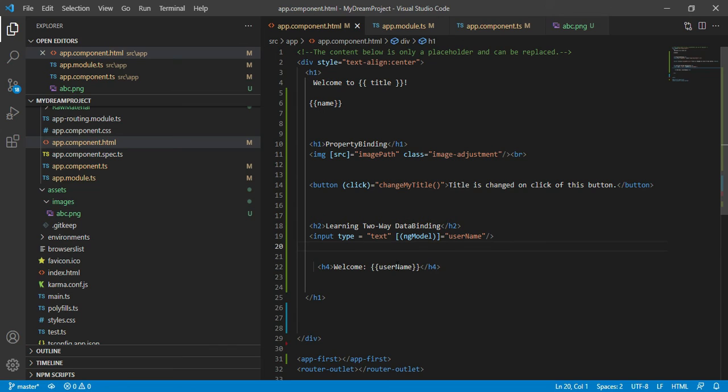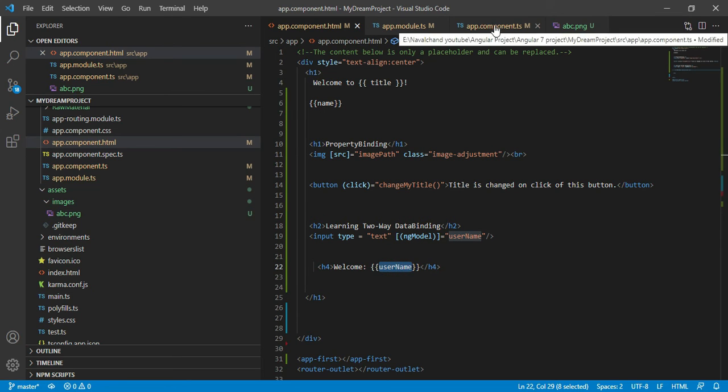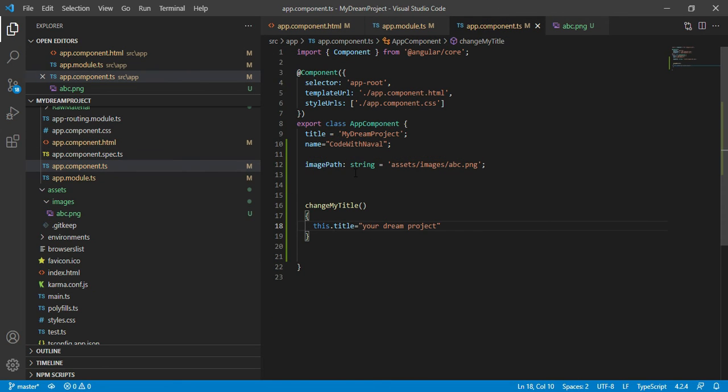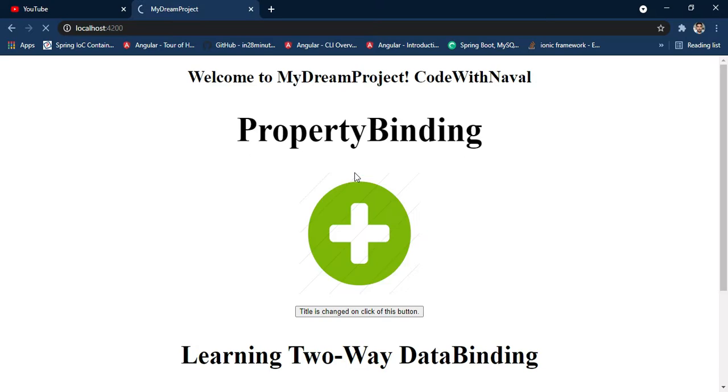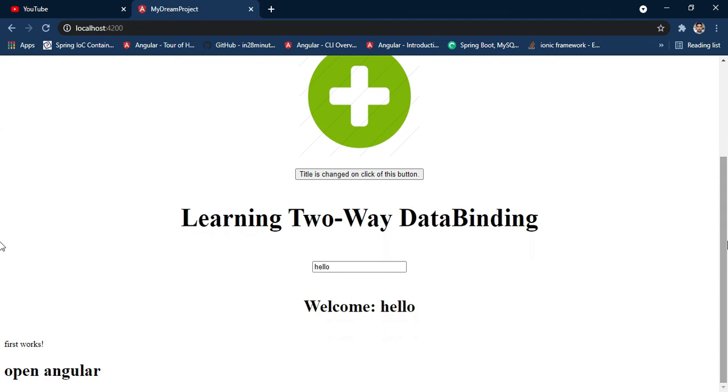Let's create a welcome variable inside the ts file, app.component.ts. Here I'll create a welcome variable and define a random value, hello. If I refresh this page and scroll down a little bit, you can see we have one input box with hello.